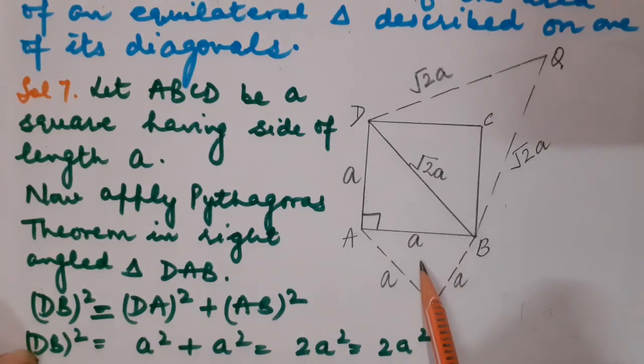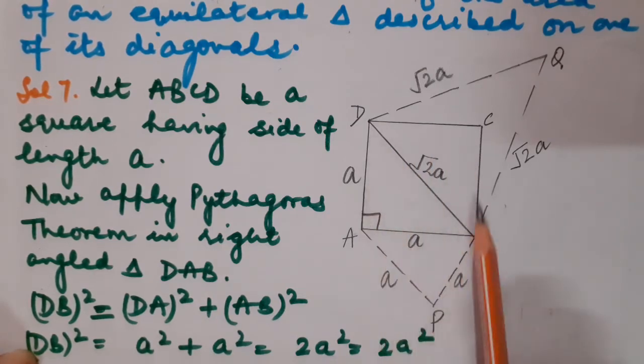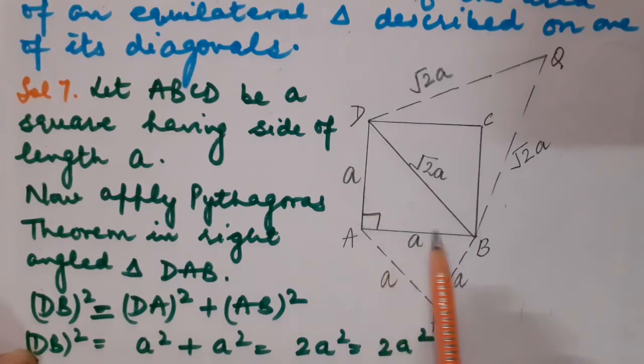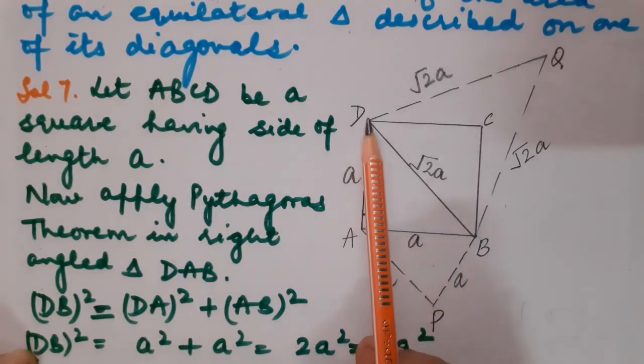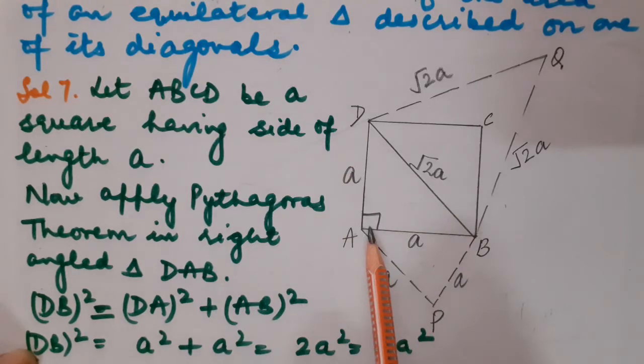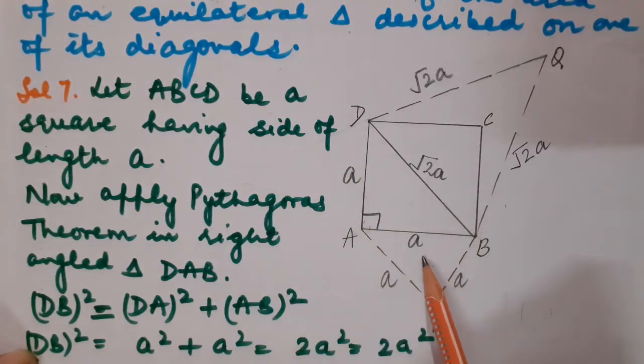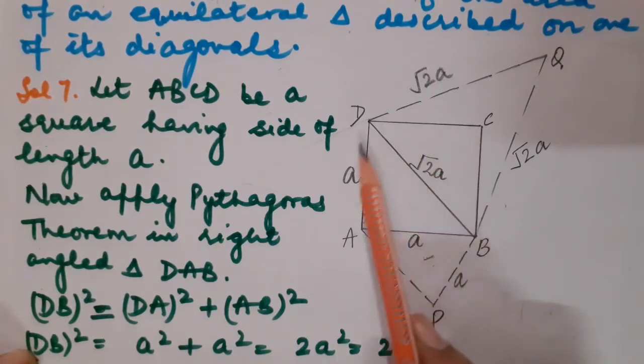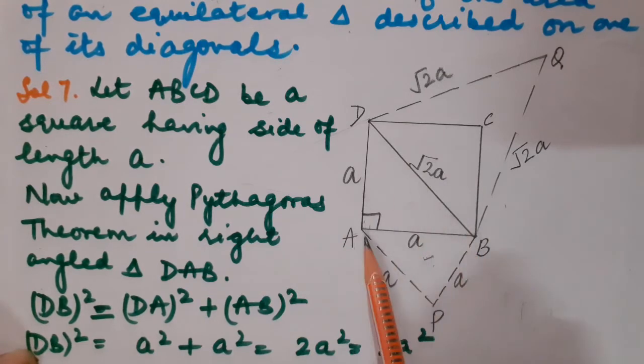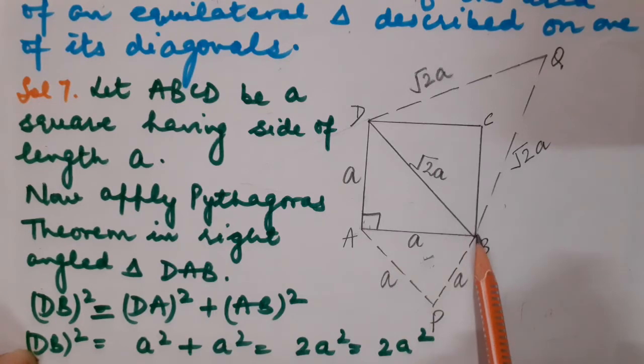So there is one equilateral triangle which is described on, you can take either of the four sides, any side you can take. It is not mandatory that I have taken side AB. Instead of AB, you could draw an equilateral triangle here also using the side AD. Okay. So there is one equilateral triangle which is made using either of the four sides of a square. So I have taken side AB and a triangle APB, which is an equilateral triangle, is formed.